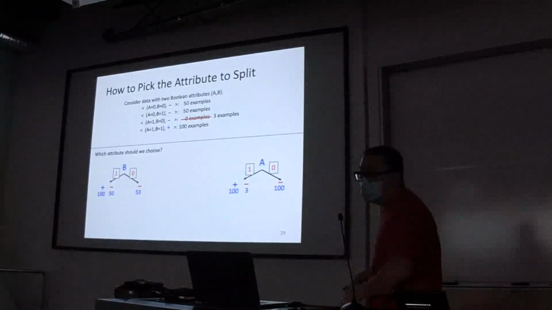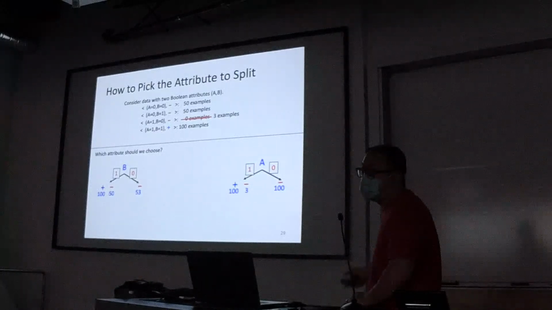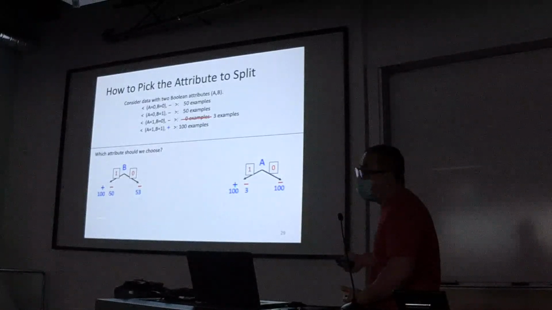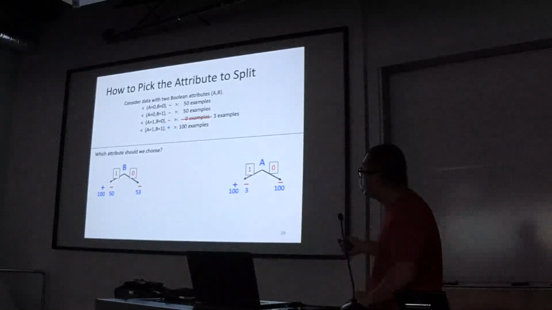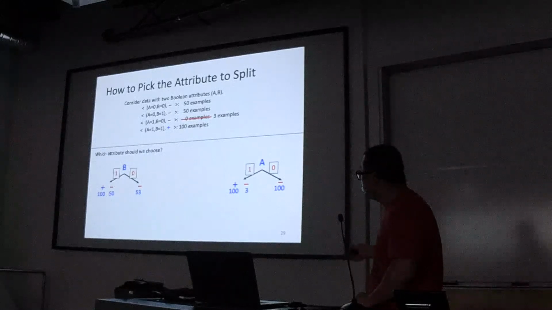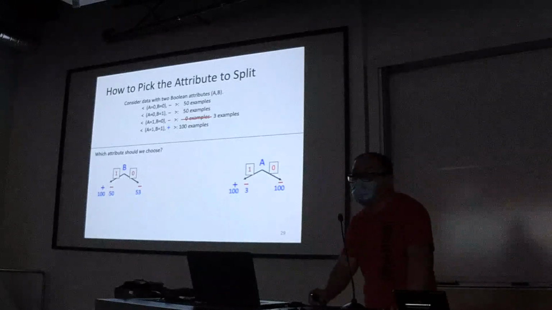So if we adopt the greedy heuristics we just discussed, we should believe using A to split the data set is better, because the labels of the subsets are more pure than the subsets generated from B. And suppose you have extra features like B and C and D and so on. Based on these more purely labeled subsets, you continue to do this, and you're going to end up with a smaller tree